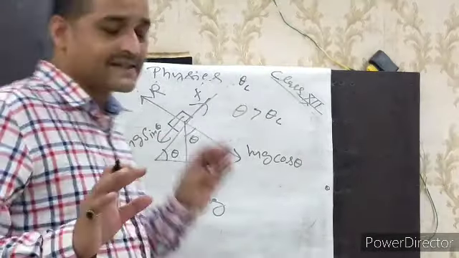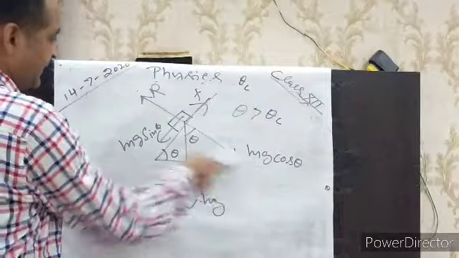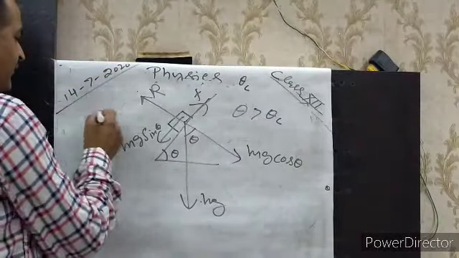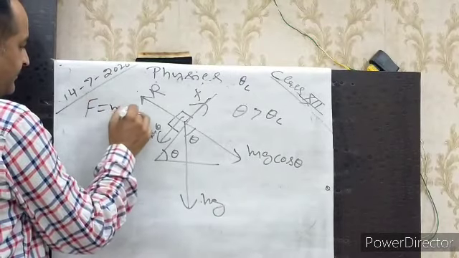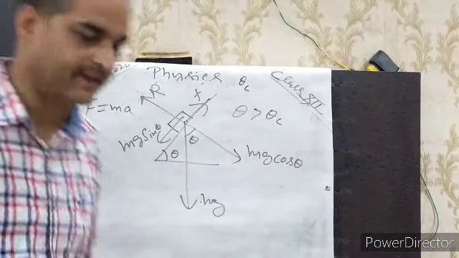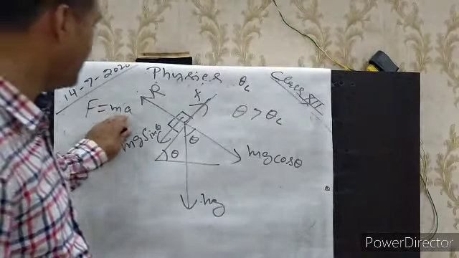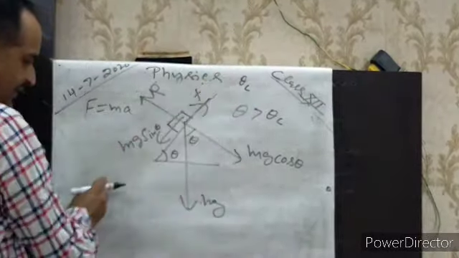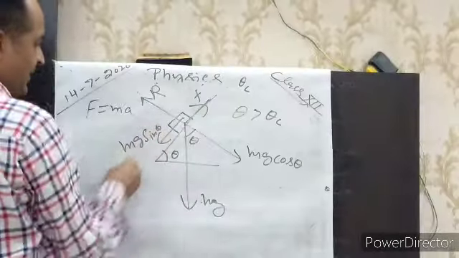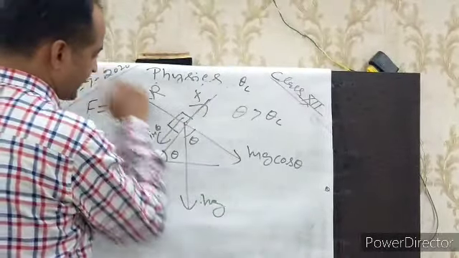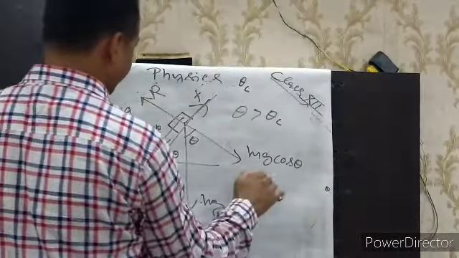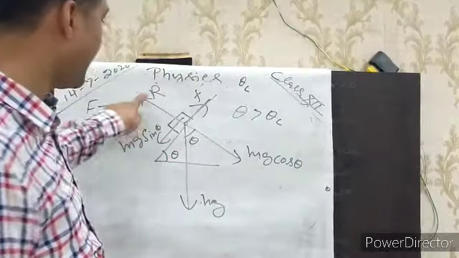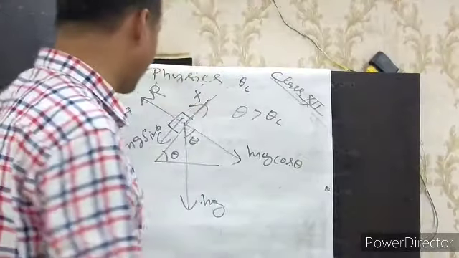Now see, in this direction you have to always use which formula? F is equals to ma. You have to use this formula, F is equals to ma. When we take F is equals to ma, we have to take it in this direction and in the perpendicular direction. First of all, take the perpendicular direction. Then in this direction, it is not moving. Since it is not moving, it means R is equals to mg cos theta. How R is equals to mg cos theta?